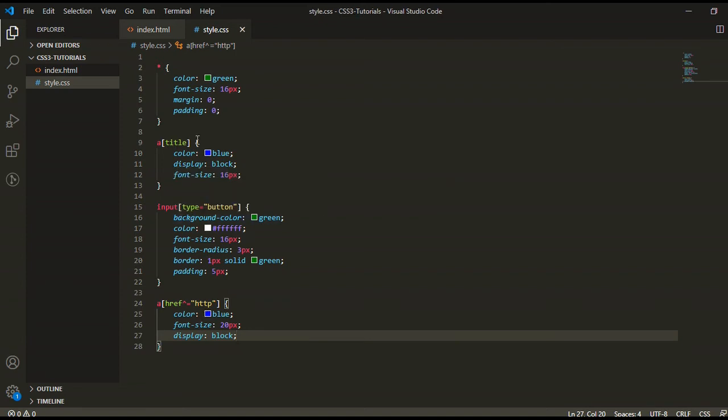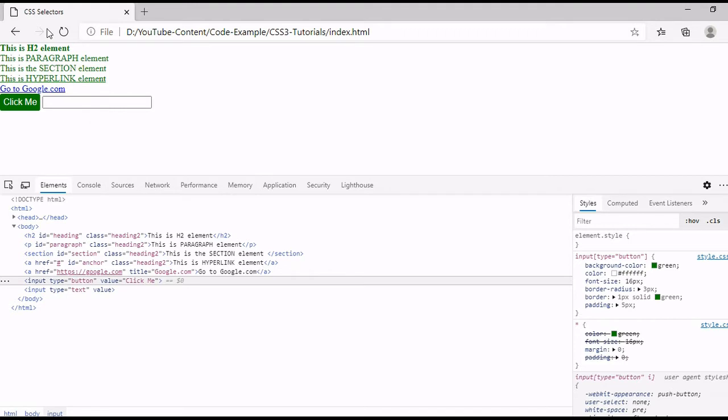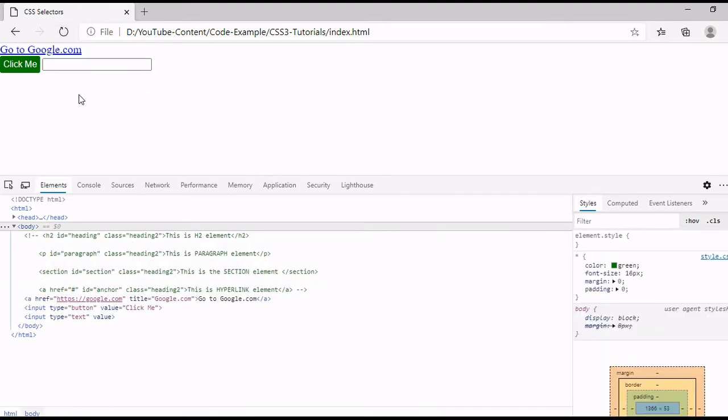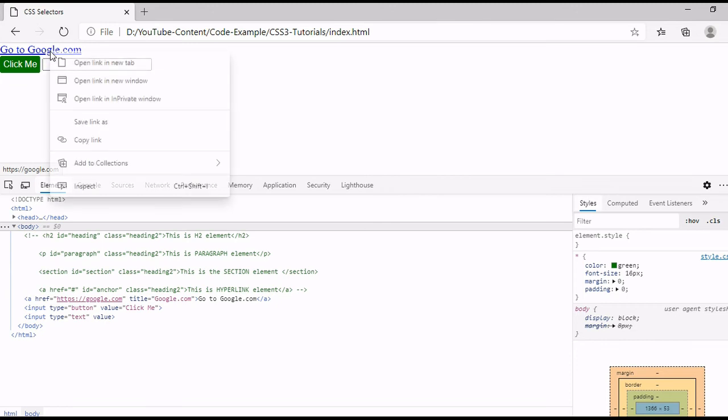Okay, before that, just comment this code so we can clearly identify that our CSS has been applied on that element. So let's see in the browser. Here you can see the anchor element.